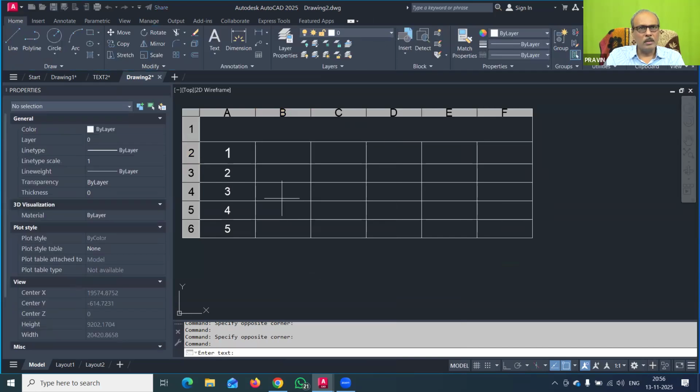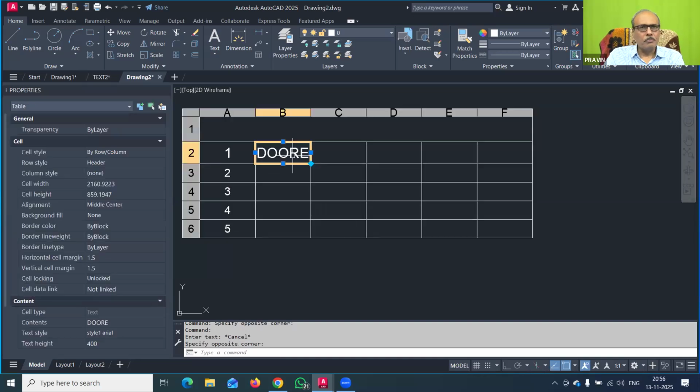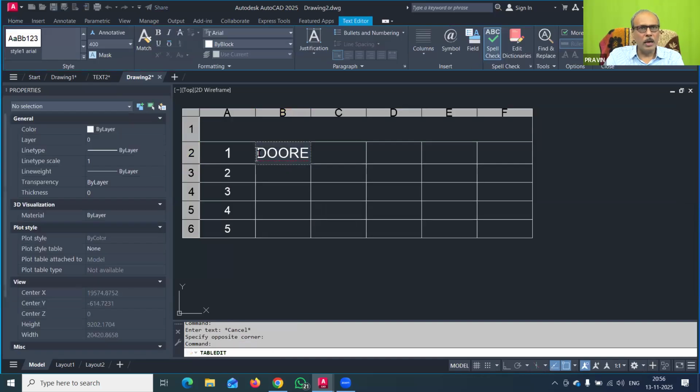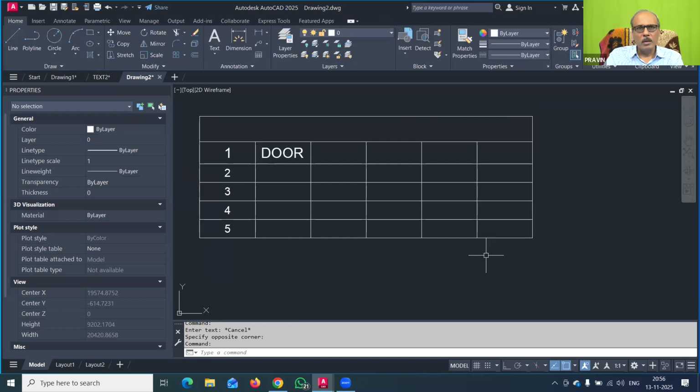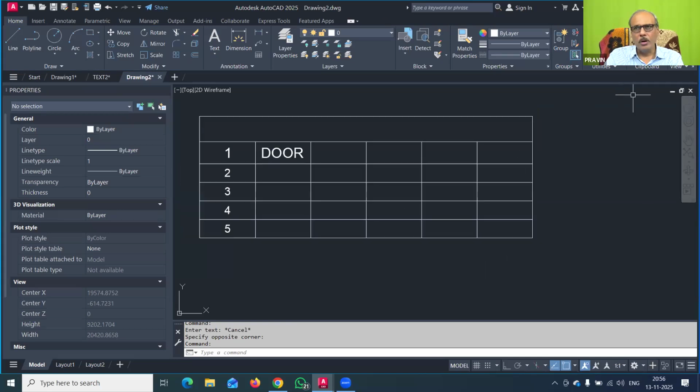Then you can click here again and type. In this way, by double clicking also you can edit the text in the table. All these functionalities are required. I hope you are clear with this table. A few things were required from the previous lecture, which we have now covered today.